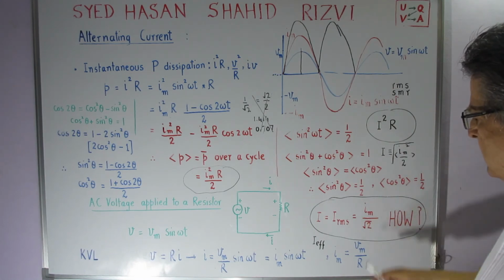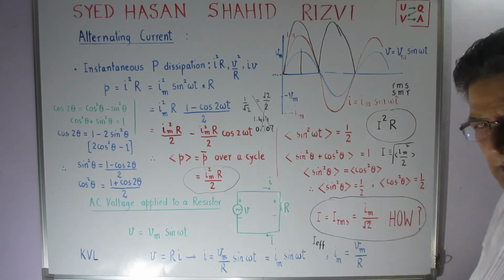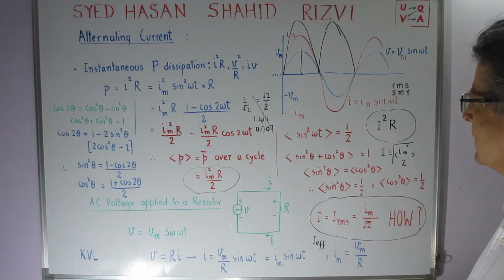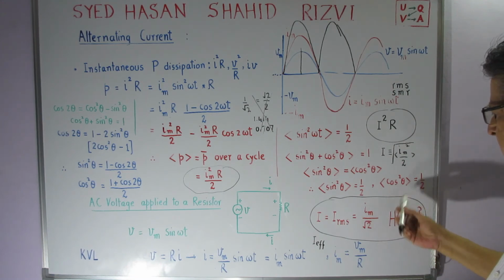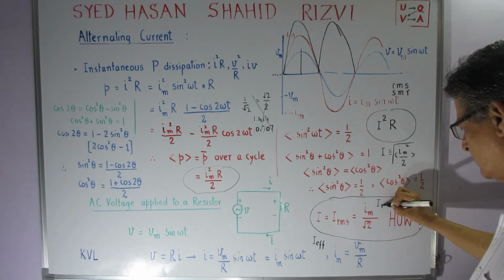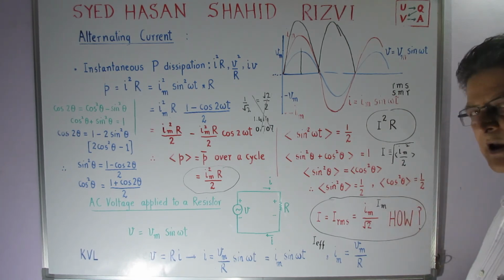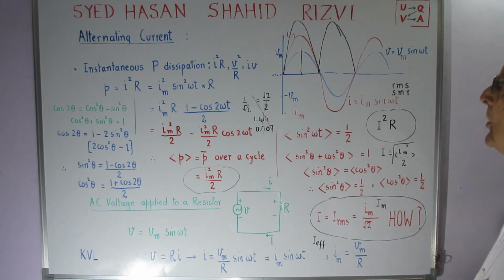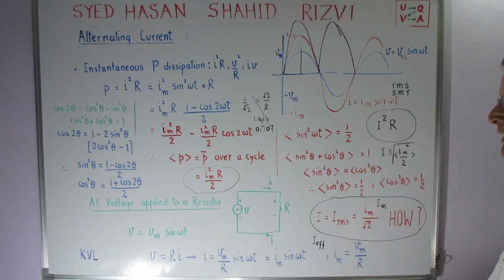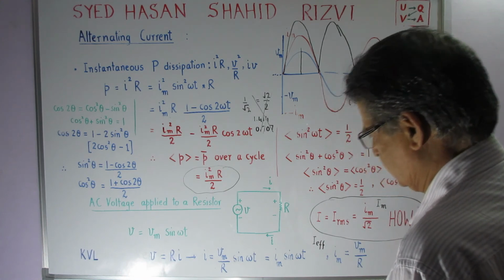So VRMS will become equal to how much? Vm upon root 2. IRMS will become equal to Im upon root 2. And if you care to write it as capital Im, I don't mind. Capital Vm, I don't mind. Maybe later on I can write it to you. So this is about one thing I would like to tell you,